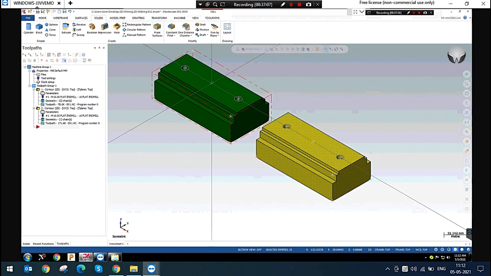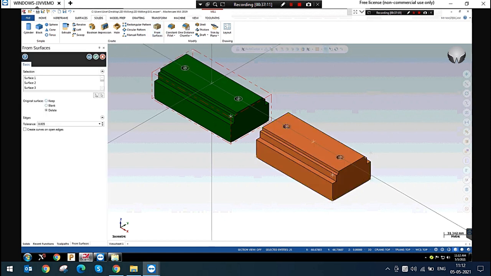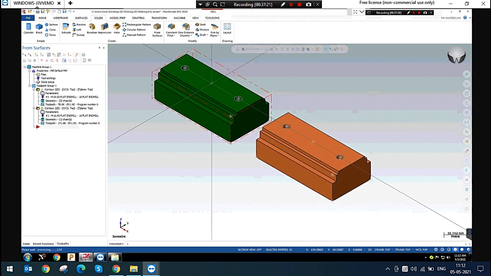You need to go to solids from surfaces. Just click. If you want the original surface, you can keep it, or you can blank it, or you can delete it. You can give the tolerances. Just I'm giving okay. This surface will be converted into a solid. You can see it is converted.